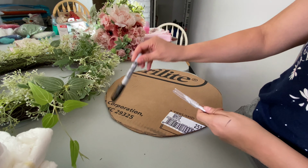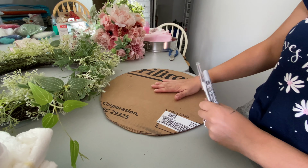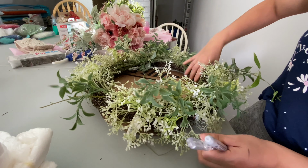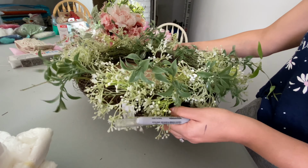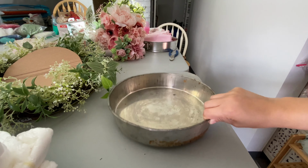and this is just going to give some support for the wreath on the bottom, and then the smaller one will be support for the second tier of the diaper cake. So you can see here that this is going to be the bottom of the wreath. So I have here the 10-inch pan, and what we're going to do is we're going to make the actual